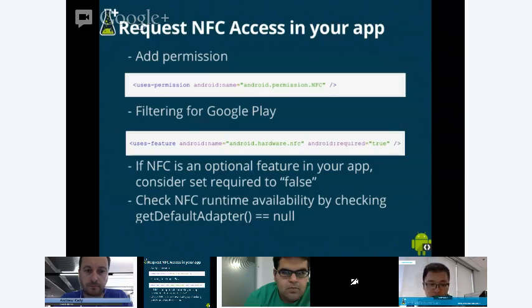If NFC is really an optional feature in your application, you can consider setting the required attribute to false, and you can also check NFC runtime availability by using the getDefaultAdapter method. If it's equal to null, that means NFC is not available on that particular device.